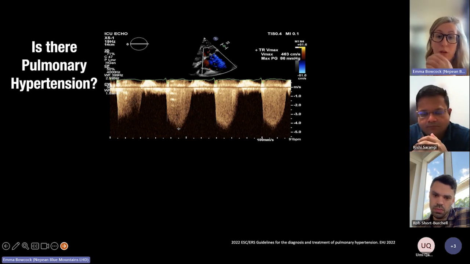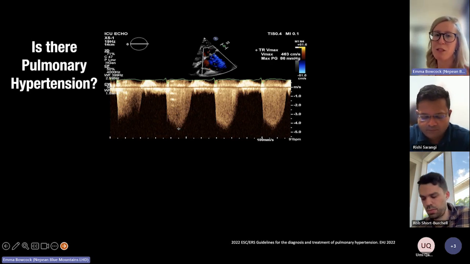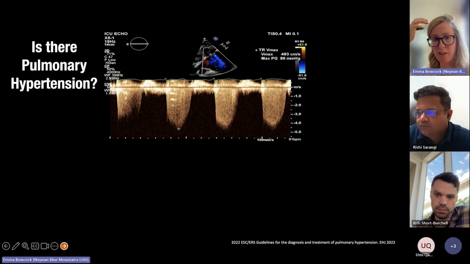So the first thing that we'll go to with this is, obviously in your parasternal long axis view, you get a bit of a vibe from whether your RVOT is a bit big, is there a big moderator band, is it thickened? But really, when you come down to your RV inflow view, you get your TR jet in most patients, maybe in 60-70% of patients. You tilt down towards the patient's right hip, you get your TR jet,